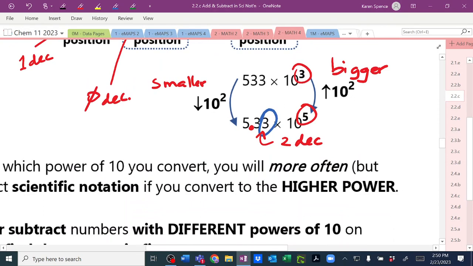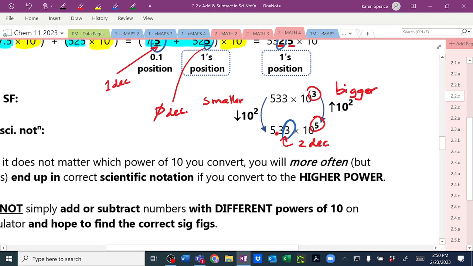I think you more often end up in scientific notation if you convert to the higher power. But that's not a guaranteed rule. It also sounds a little bit like a religious experience, convert to the higher power. But anyway,